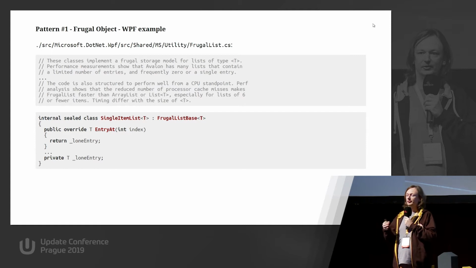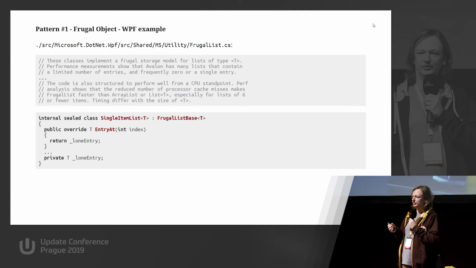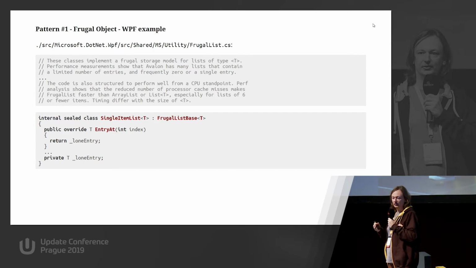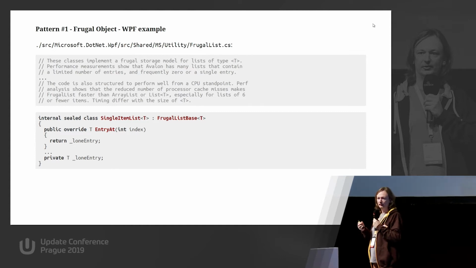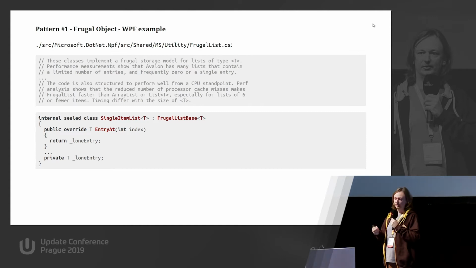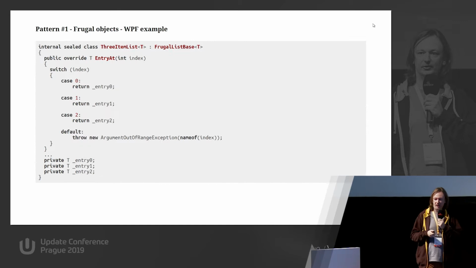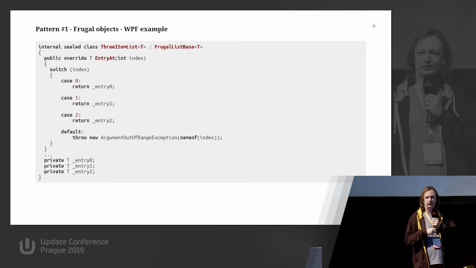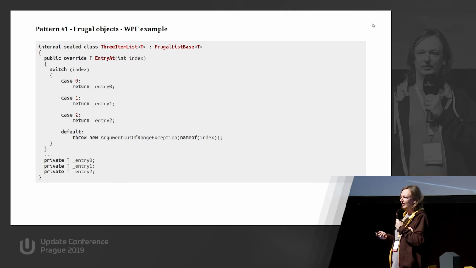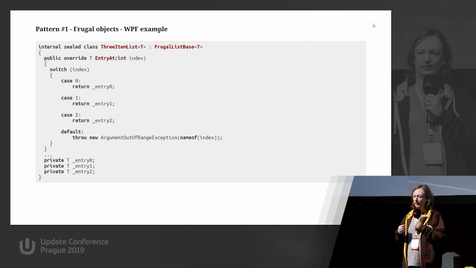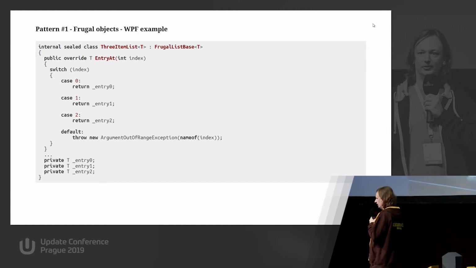Other examples, the WPF code has exactly like that. It has a kind of special list that is backed by 3 types of lists, which represent a single item, and which represent 3 items. They also have code for a list which contains 6 items. So again, quite strange code that is providing us much better data locality because we are handling this collection in a special way.